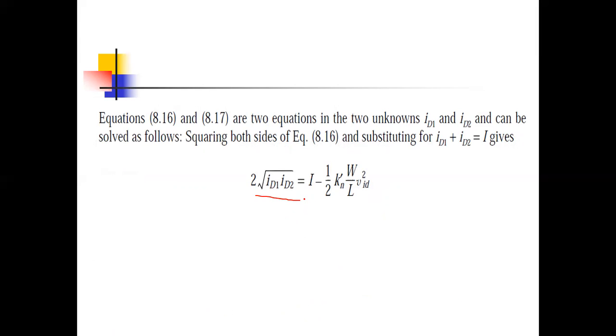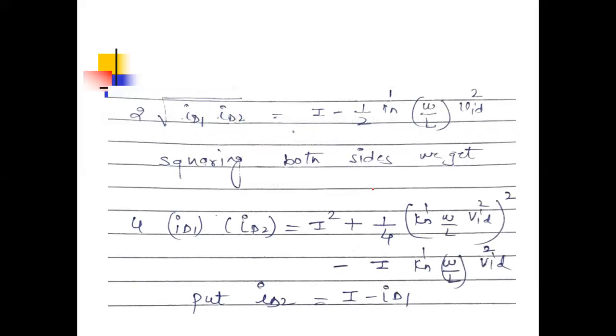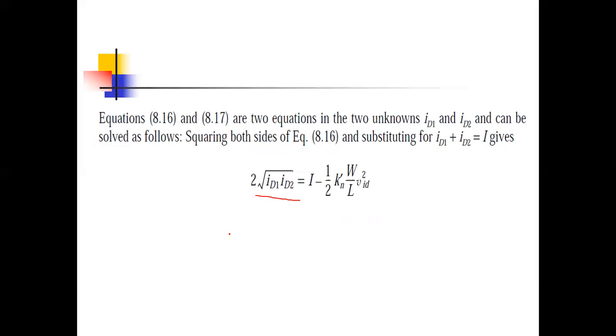Okay. Remember what is our aim? We want to find the equation of id1 and id2 with respect to vid. Okay. Now, actually, in the standard book, they just solve and write the direct equation. What is the answer directly? So it's a request, if you want to solve, so solve with me in parallel.